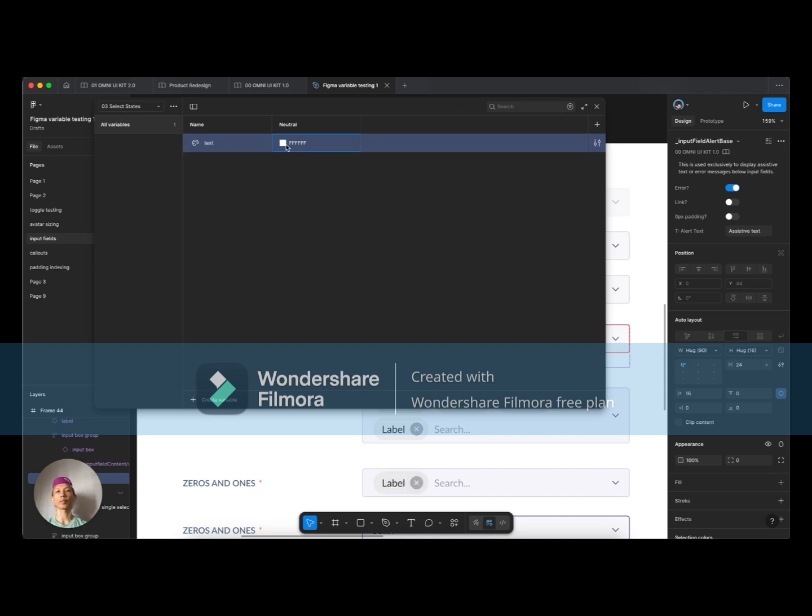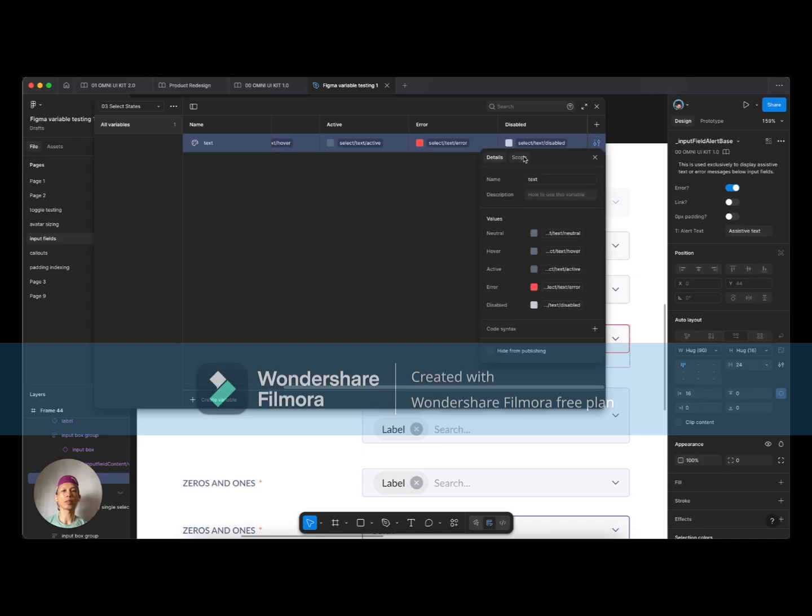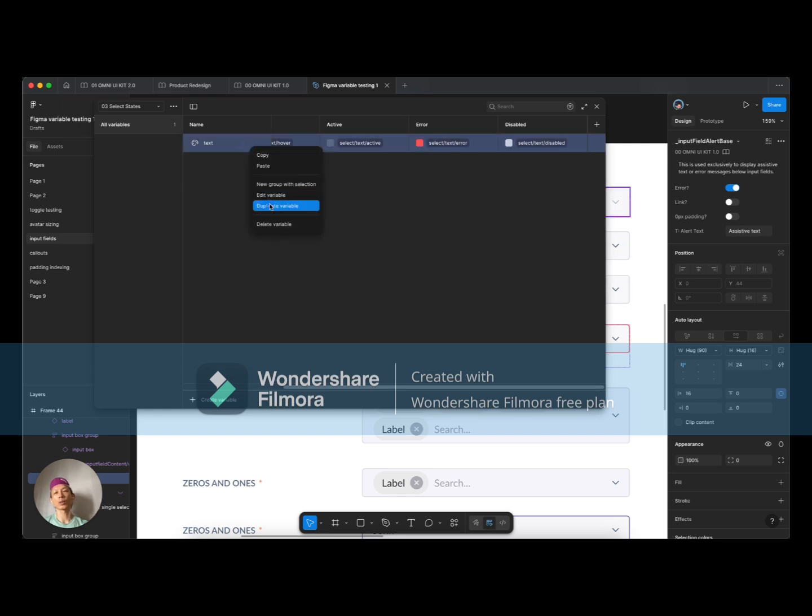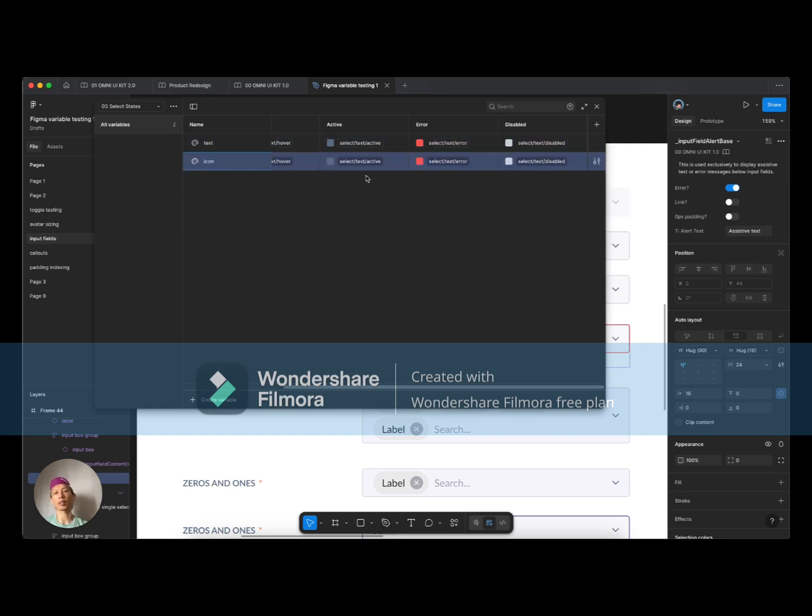Then we have to go to the 02 select variant. So this state level is where you will expose the scope, right? So this is the text color, so just select this, duplicate, select icon,